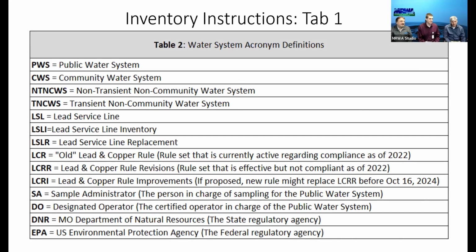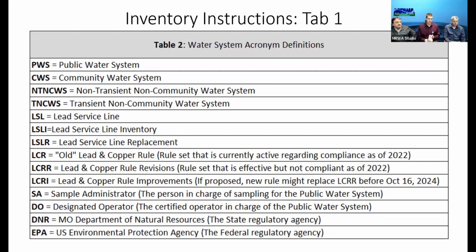There's just definition of terms. When we talk about lead and copper rule revisions and lead and copper rule improvements, that's maybe proposed this summer of 2023. So some of those answers, when that new rule, if it's proposed and it replaces lead and copper rule revisions before the compliance date, it'll kind of erase it almost like the LCRR never existed, but that initial inventory deadline is going to remain. It's going to stay. And the guidance for that and everything. So just focus on your inventory, making progress on that for now, because that's still going to be here. That's the important thing to focus on.